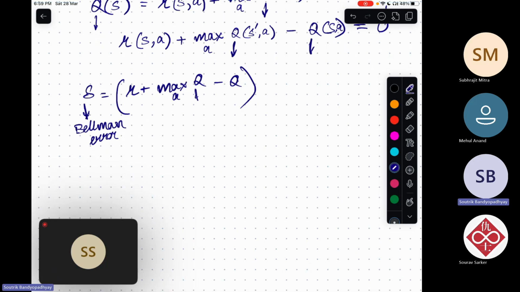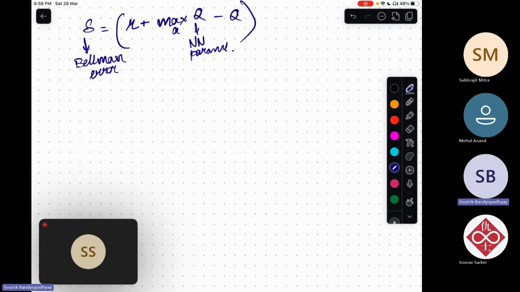And this Q function has some neural network parameters, right? Now, if I just formulate a loss function, which is the square of this Bellman error,